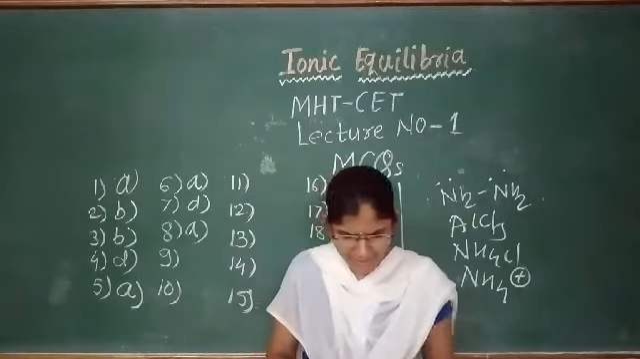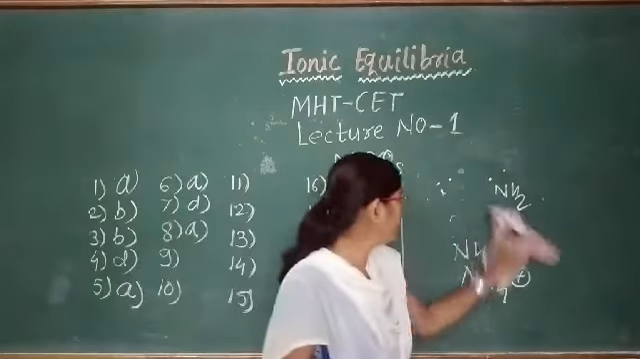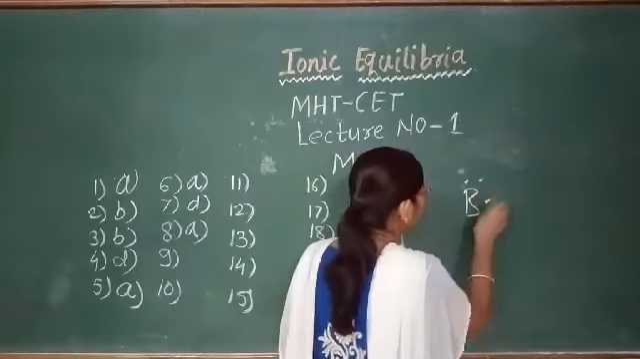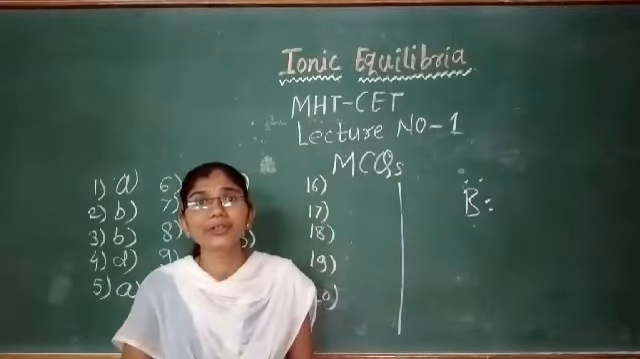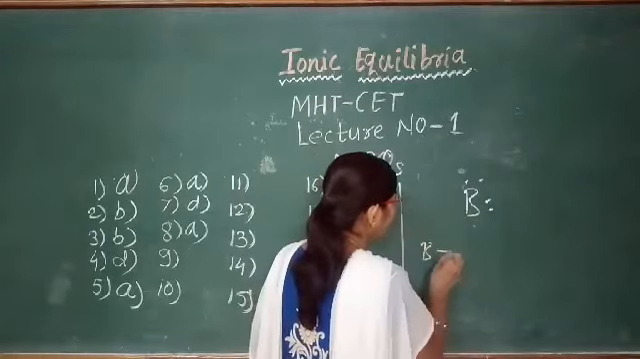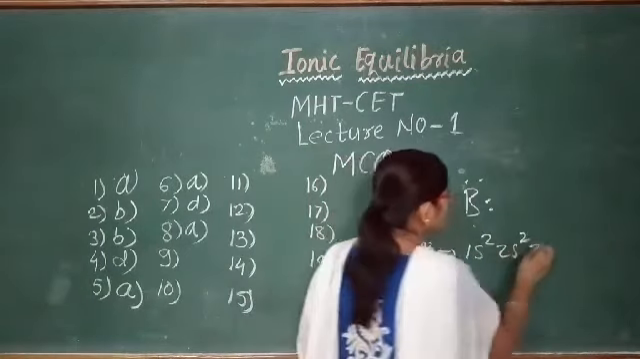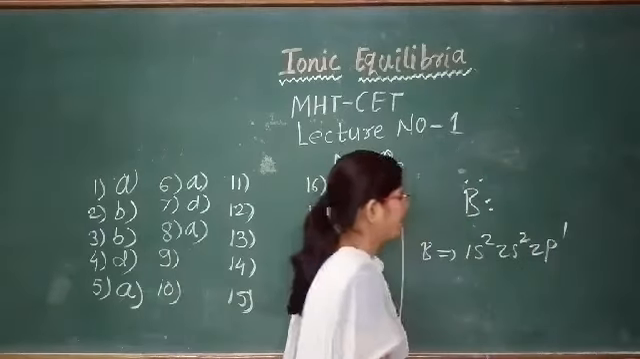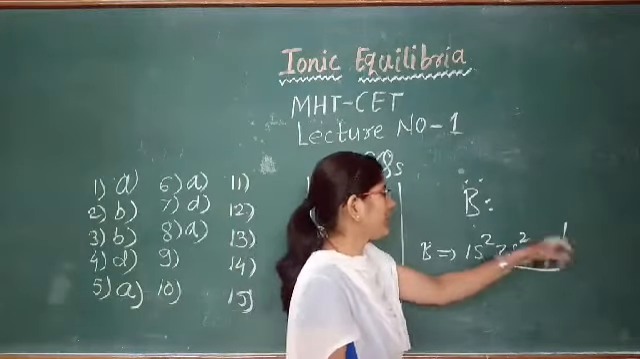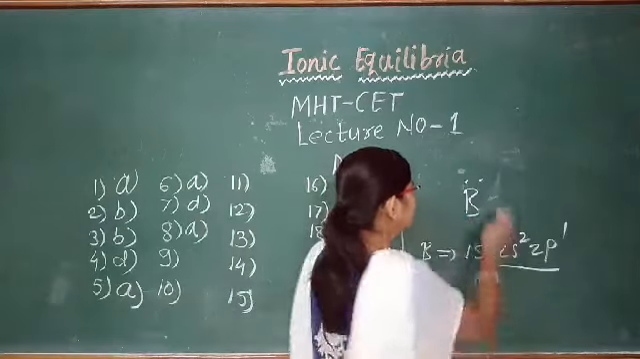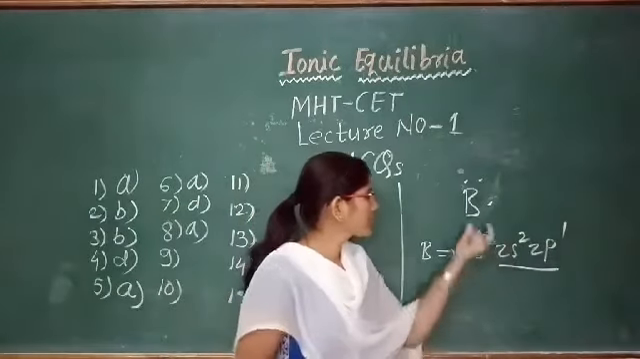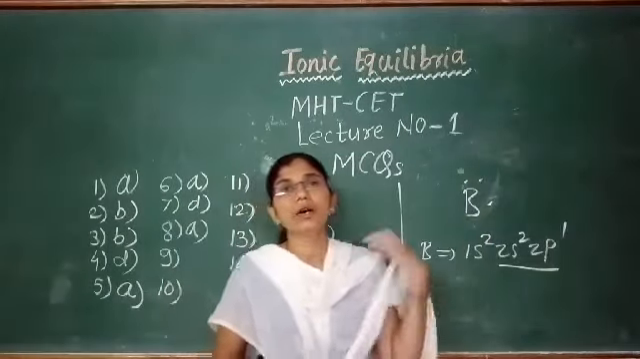Question 9, BF3. BF3 means boron trifluoride. Boron has 5 electrons. In BF3, boron has electronic configuration 1s2, 2s2 and 2p1. That means it contains one unpaired electron in the outermost shell. What is the valency of boron in BF3? It is equal to 3. That means it contains 3 electrons in the outermost shell when it forms a bond with the